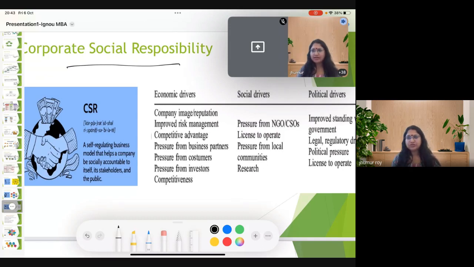Many organizations actually don't work only on one sector, they try to improve on a number of sectors. So I might work on education, along with that I might be running some old age homes, I might also be doing some activities to save the environment. So I might be doing different things to bring about betterment in the society. So that is where we talk about corporate social responsibility. Okay,